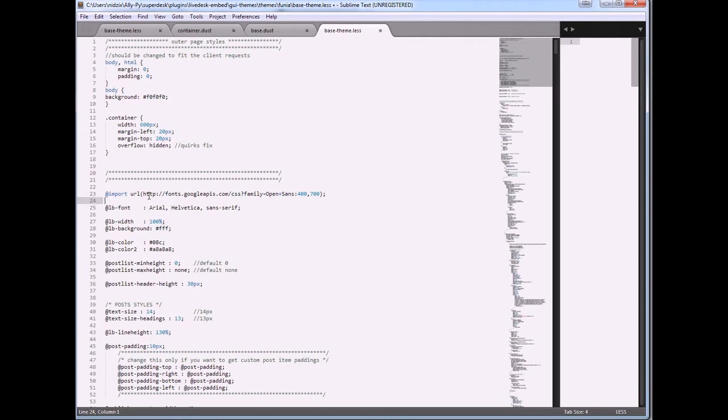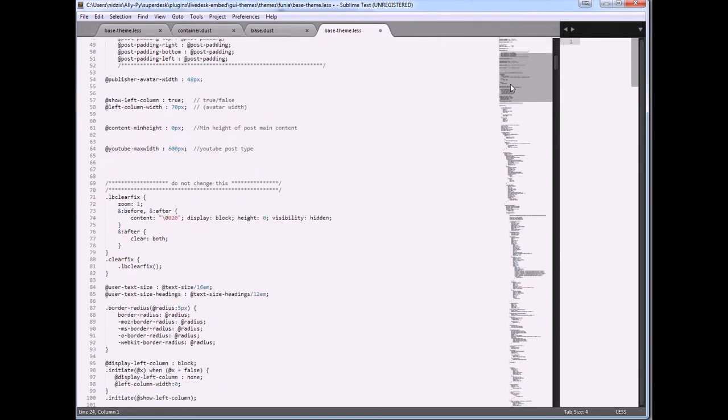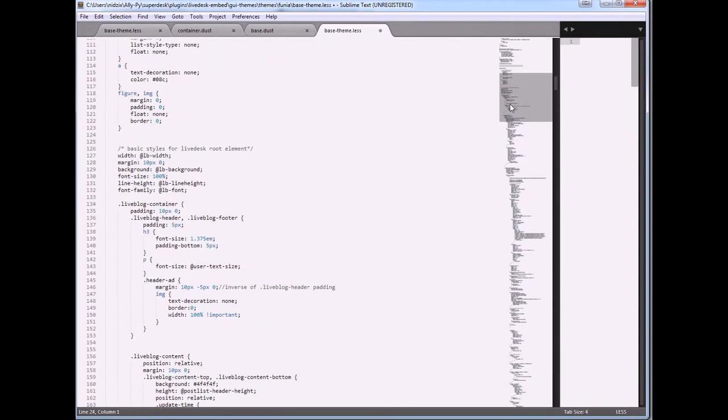less provides a perfect way of nesting CSS blocks. For example, you can see that we nest live blog header and live blog footer inside live blog container. This is something similar to what we used in our templates.